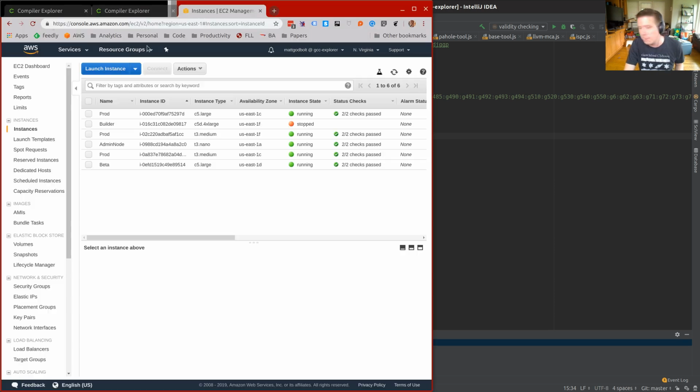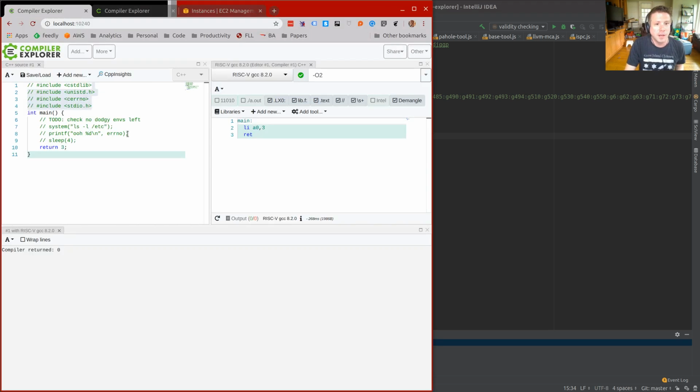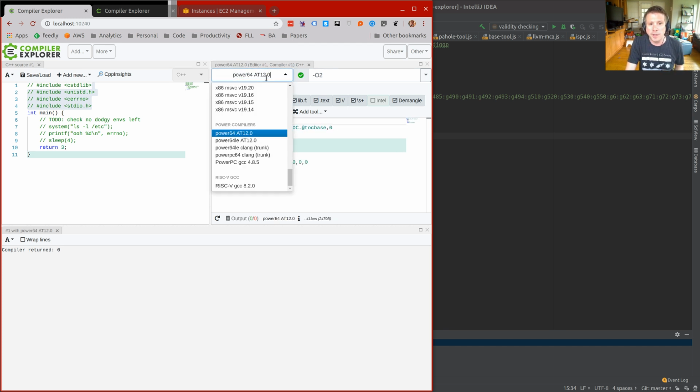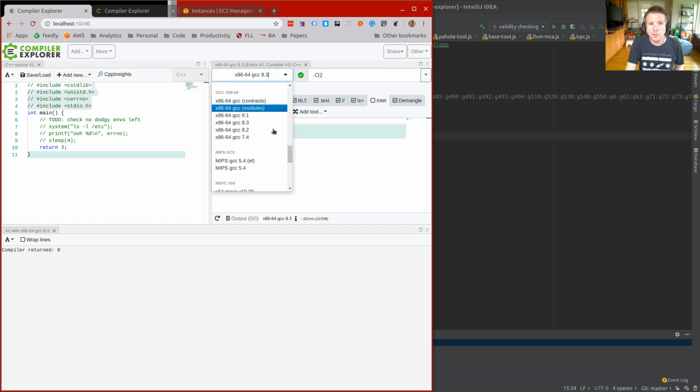So while I'm here and talking to myself, this version of Compiler Explorer I'm running locally has the culmination of all the work I was doing yesterday with FireJail and some relatively, I was going to say hacky, but I'm actually reasonably happy with this way of running the compilers in a jail. So at the moment, all these compilers are not running directly. They're actually running inside of FireJail, which is pretty cool, I think. And they're all just working.